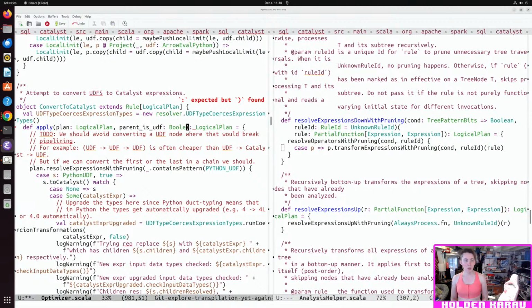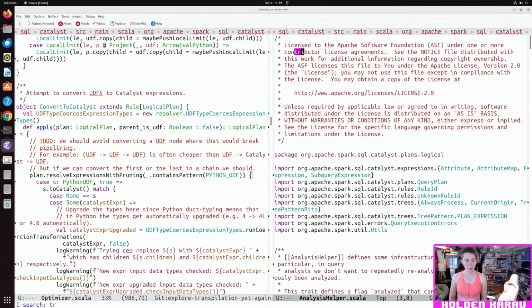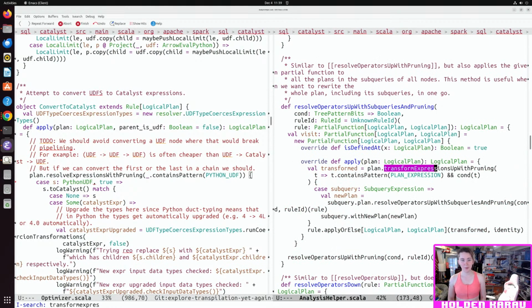Cool. False. Resolve operators. Transform expressions. Transform expression.